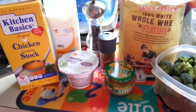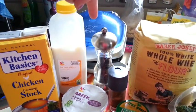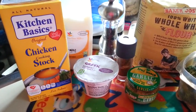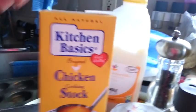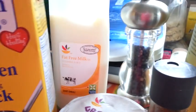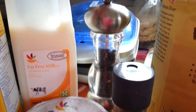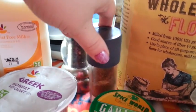The ingredients for the chicken, not pictured here, is the chicken. I'm going to use the George Foreman and grill it. And then you chop it up into little cubes so you can cook it however you want. You're going to need 1 cup chicken stock. This is the less sodium. You're going to need a 1/4 cup of skim milk, just a little bit of pepper, a pinch of nutmeg,